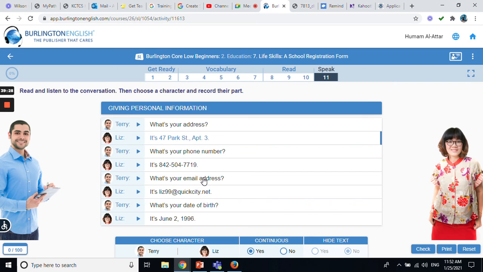After you listen to the conversation, you can choose the character. You can choose which one you want to be. Do you want to be Terry or do you want to be Liz? So if you click on Terry, for example, you will see this little icon appear, a microphone. So when you listen,